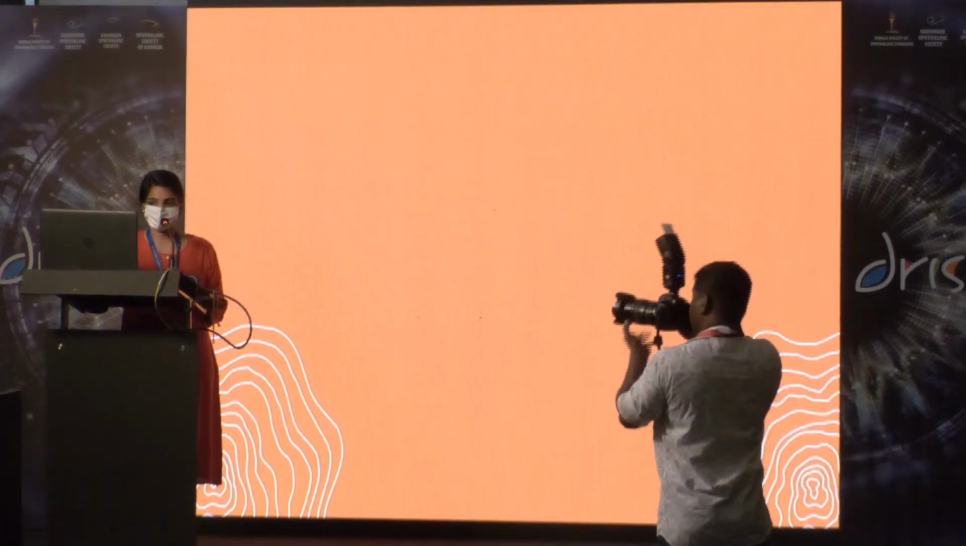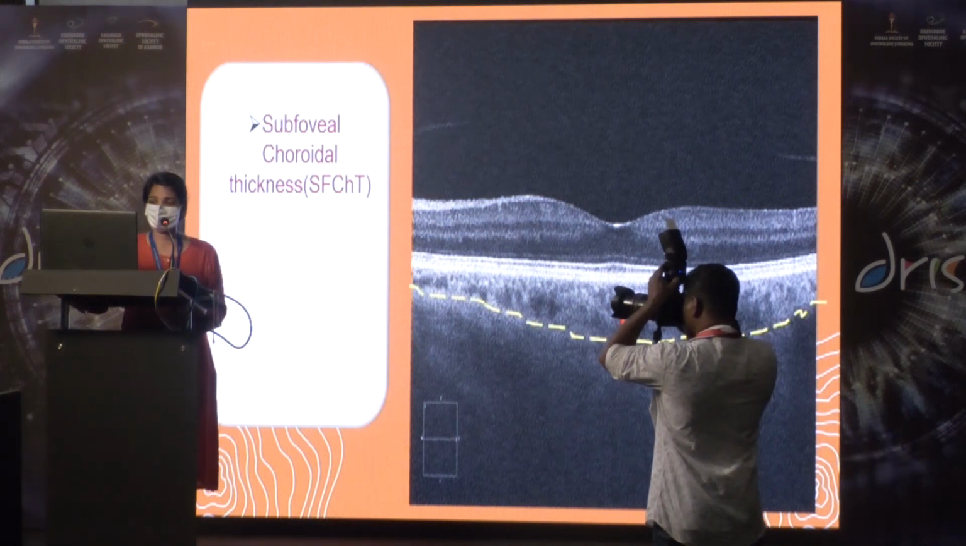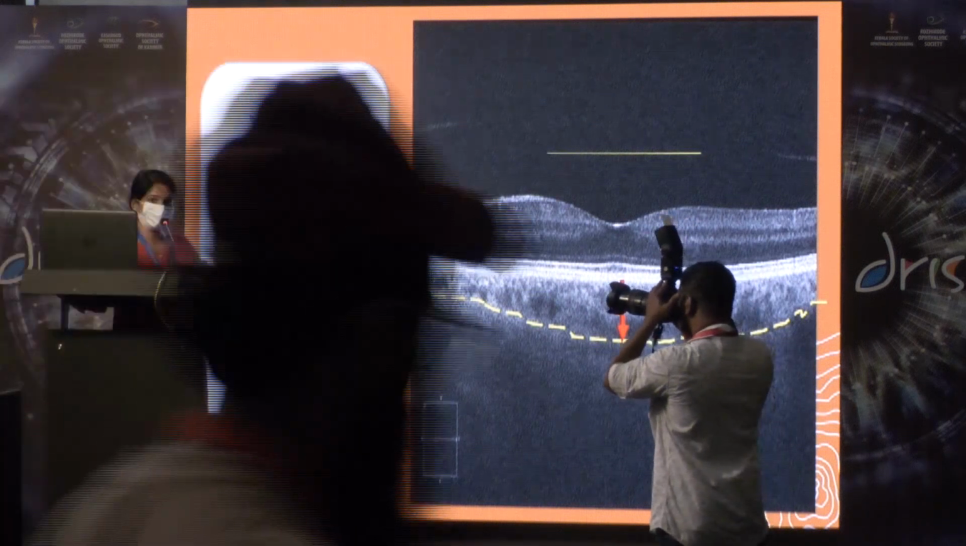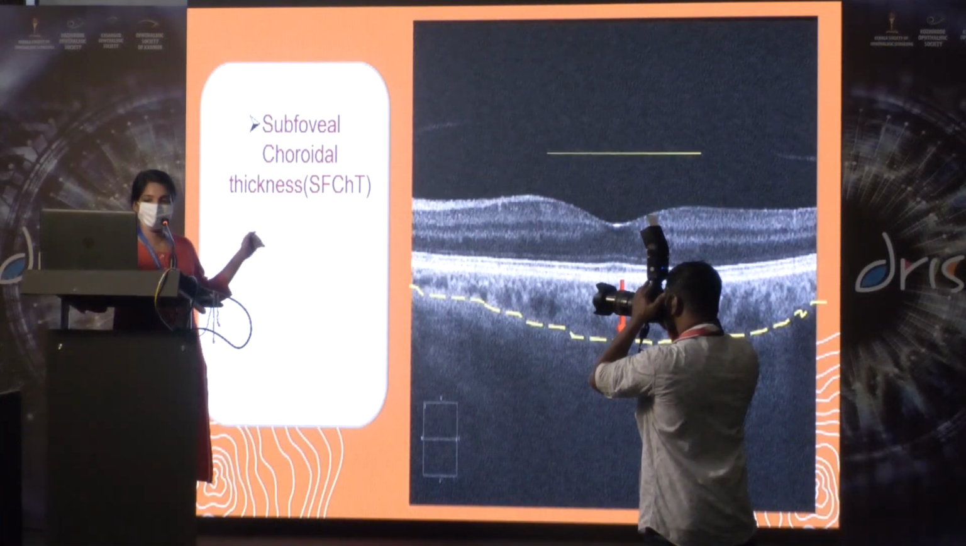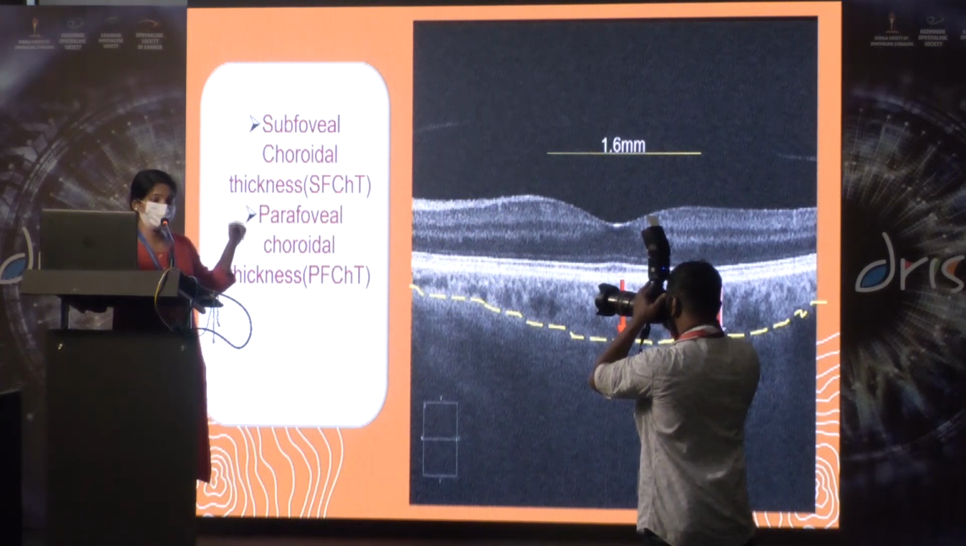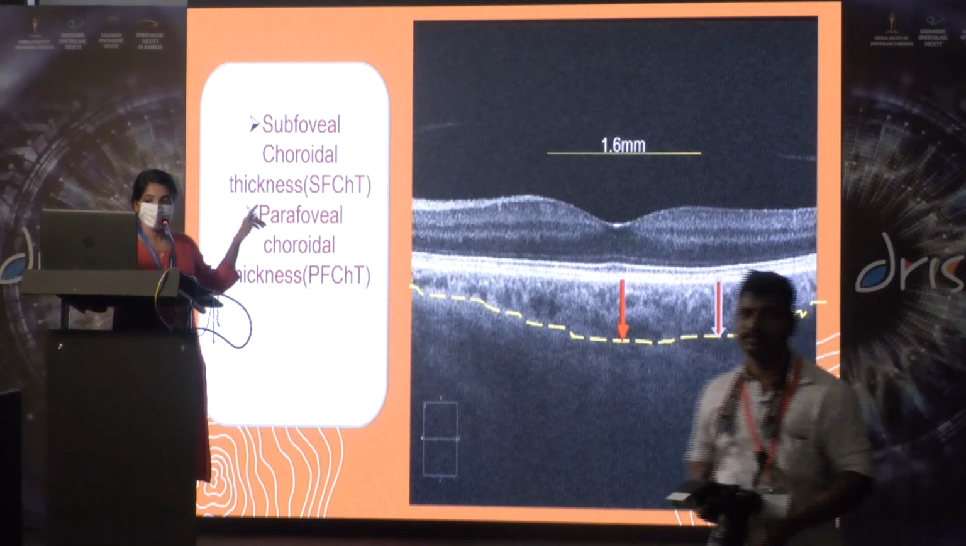And the study parameters were recorded, and from an extended depth OCT, a vertical distance between the hyperreflective Bruch's membrane to the hyperreflective choroidoscleral interface was taken as the subfoveal choroidal thickness, and the same vertical distance was taken at the nasal and temporal sides, 1.6 millimeter from the foveal center, as the parafoveal